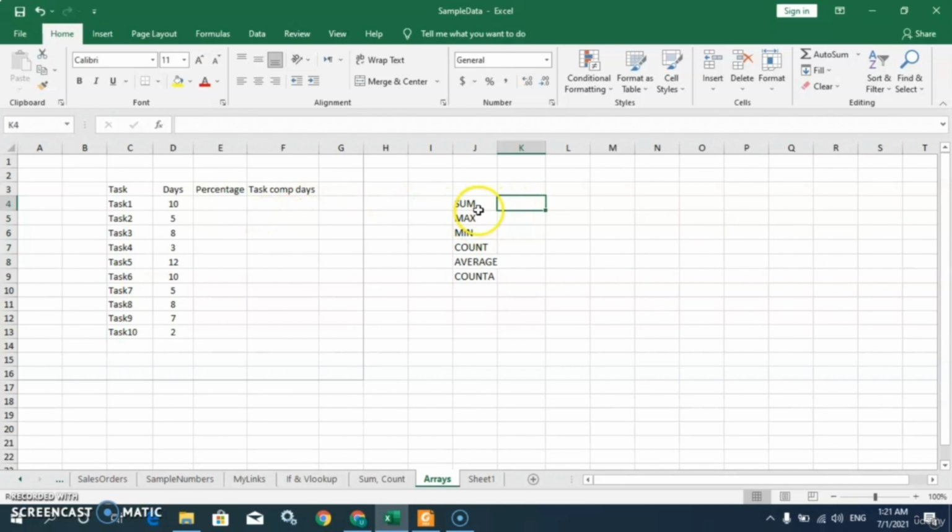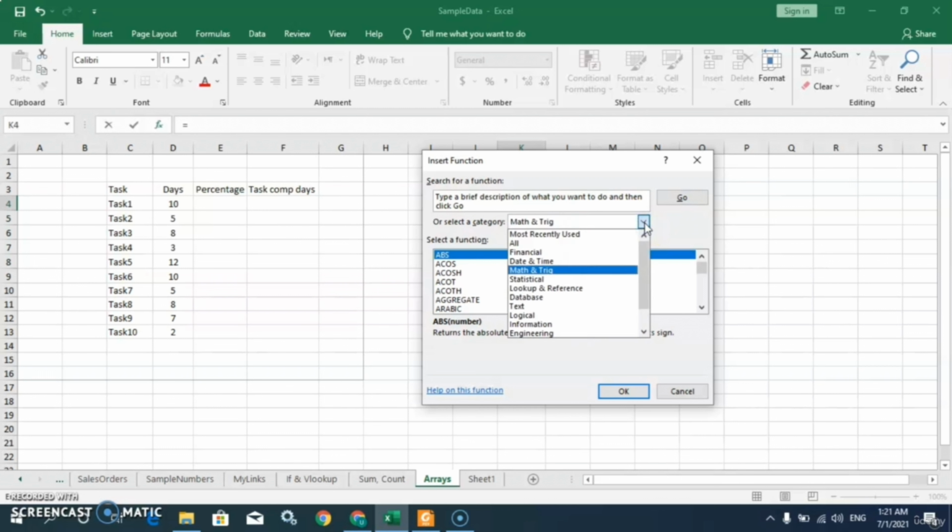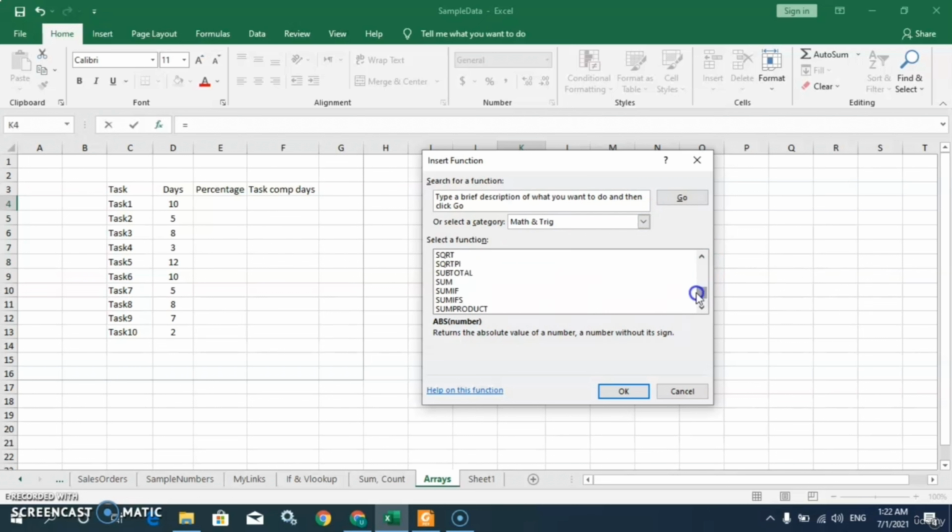Here you can see we have the sum function. Now let's say I want to sum all of these values. So how can I do that? There are a number of ways available. Simply I can write equal to here, or here we have functions. I can insert a function by simply clicking here, and you can see I can choose different kinds of functions available. Simply, I will choose the sum function. See, this is the sum function.